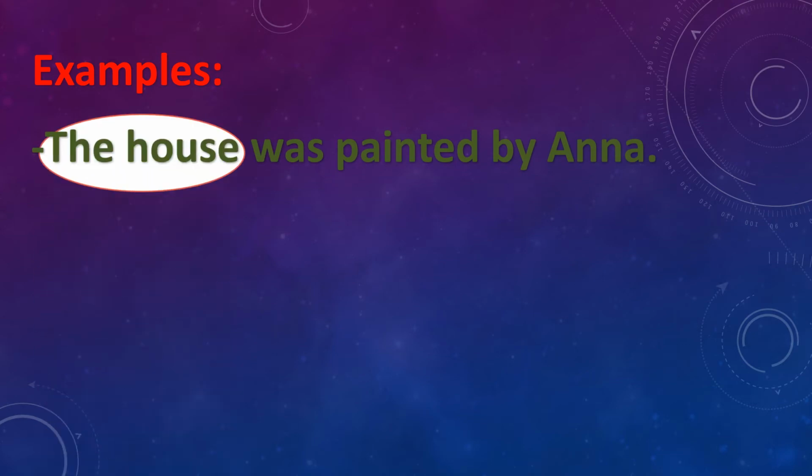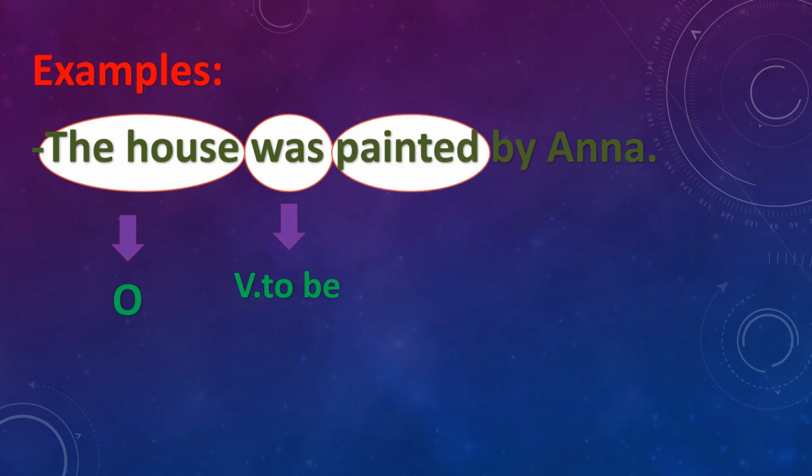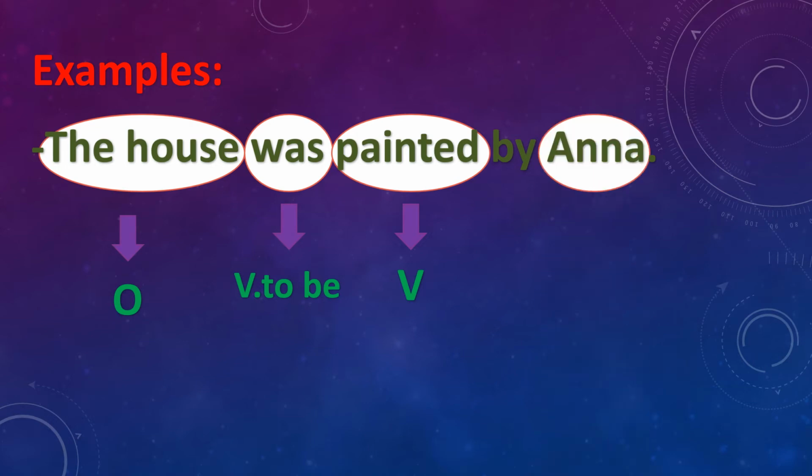So the house here, is the house here a subject? Of course not, because it's not the doer of the action. So it's an object. And was is verb to be, the past tense of verb to be. And after that comes the main verb, which is the painting. And at the end of the sentence we put the subject, we put the doer of the action. So we have